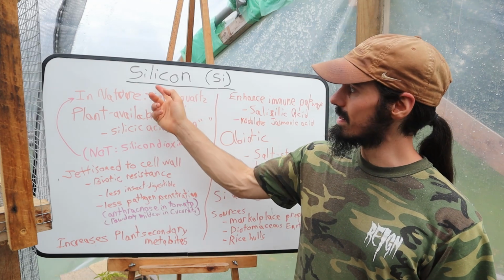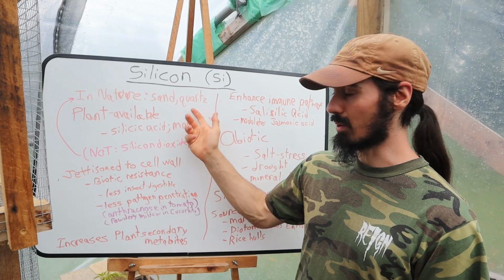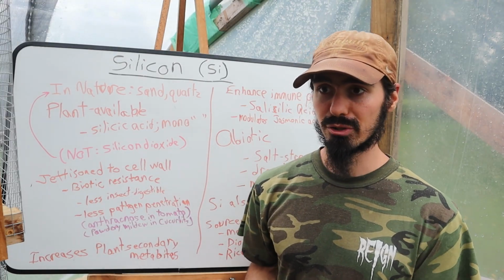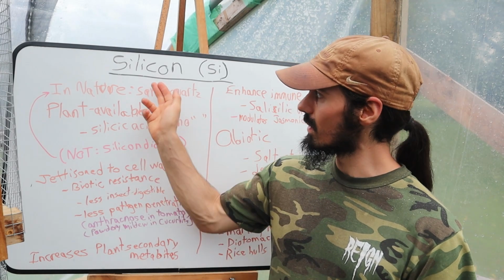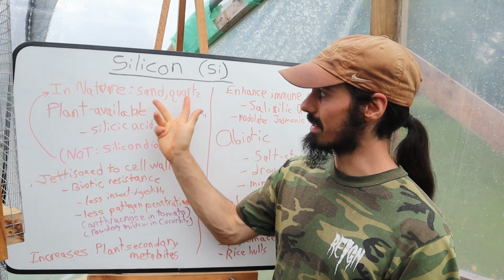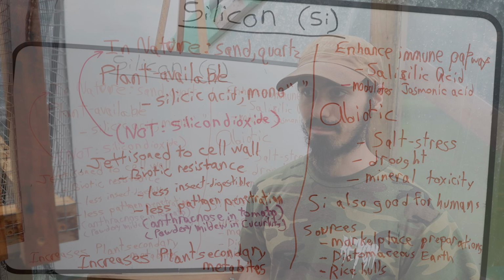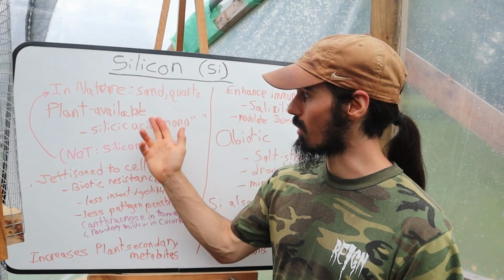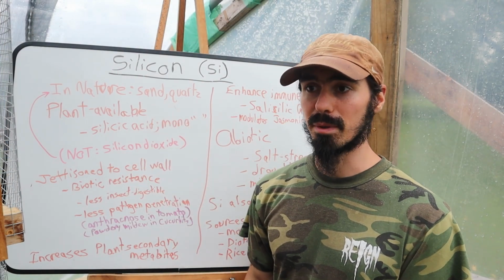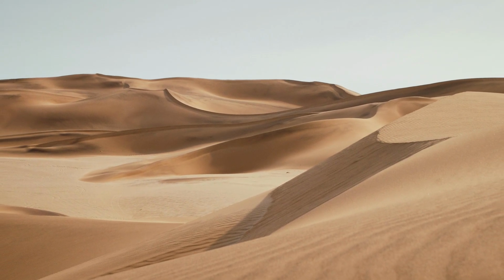So silicon can be a very common element in nature. We can find it in sand or quartz. But the trick regarding plant nutrition and utility in nature is that the silicon has to be plant available, right? And so silicon dioxide, which is commonly in the sand and quartz, is not very plant available. Maybe over long periods of time, certain microbes or whatever may break it down into more usable forms, but that's probably more of, I would think, an extremely slow release fertilizer, if you want to think of it that way.